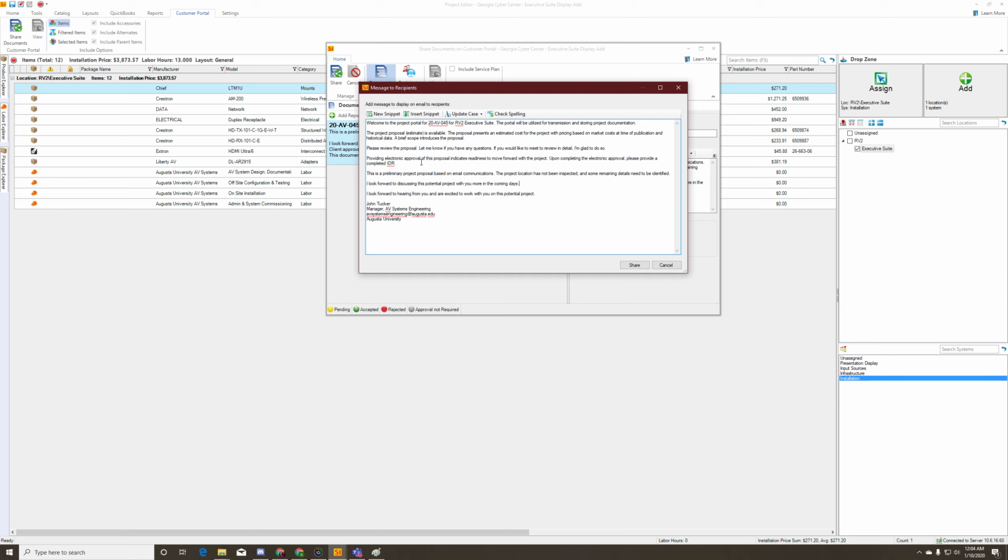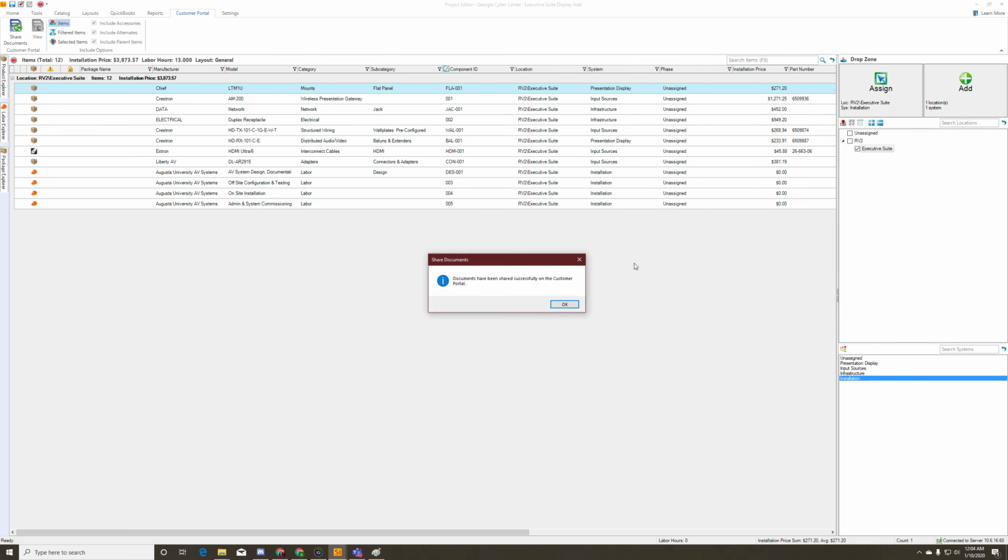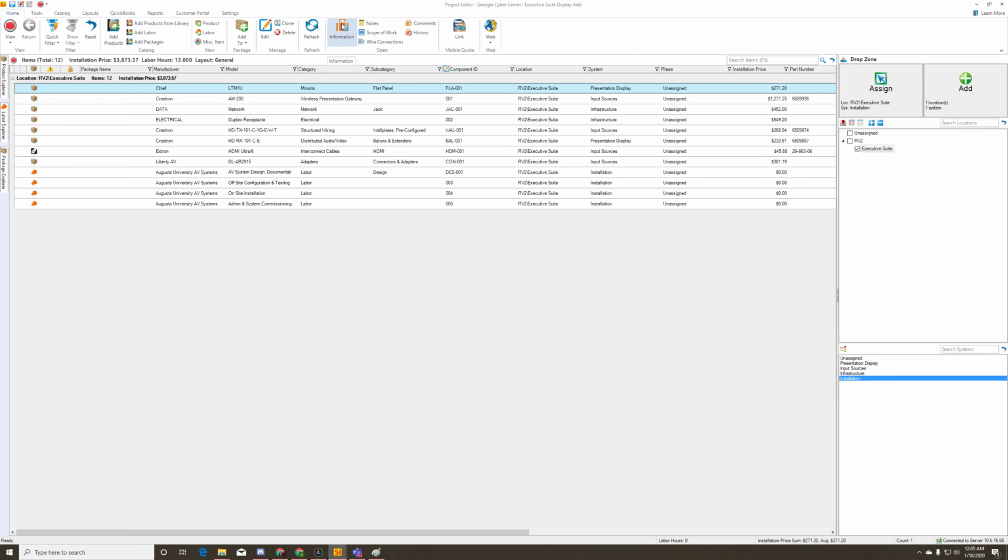So at this point, your email message that's going with the shared documents is ready. You can just click share. The system does its thing. It generates that report, generates the portal for the project, and the documents have been shared successfully in the customer portal. Shortly following this, you should receive email confirmation that that's been done, that the documents are there and they're shared. At this point, you would want to update your project information